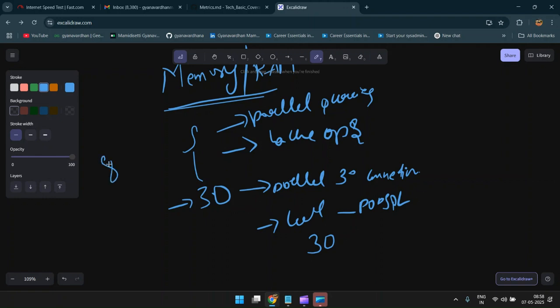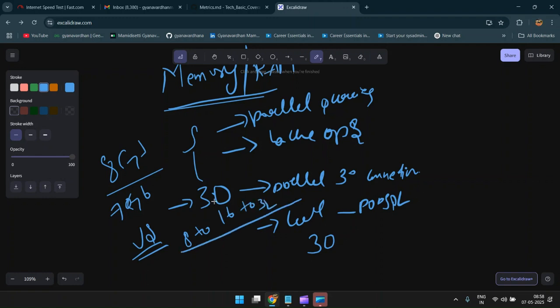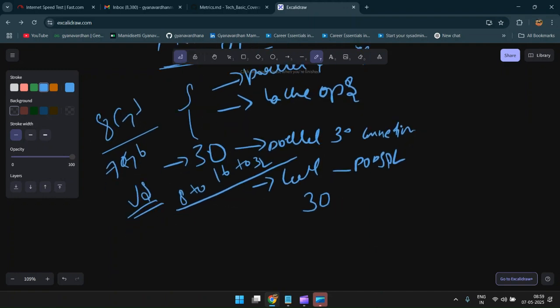So, if you have 8 GB memory and you are using 7 GB of it, which means that we need to do vertical scaling, which we have discussed earlier in the before video, and we have to increase the RAM from 8 to 16 or to 32. So which will reduce our memory load and will make our application run smoothly. And next comes the metric,